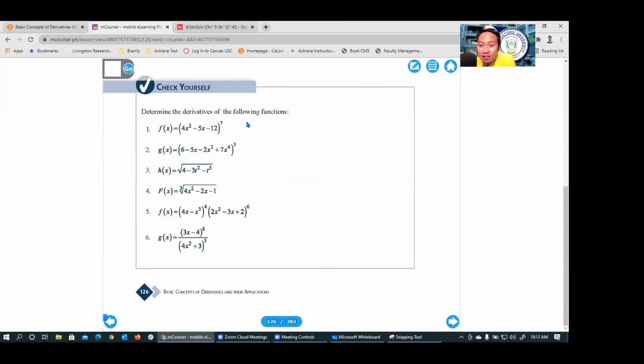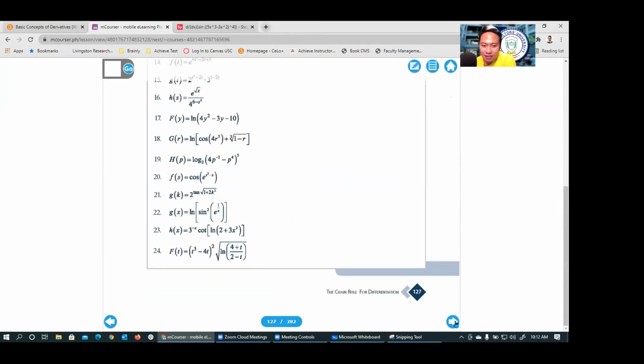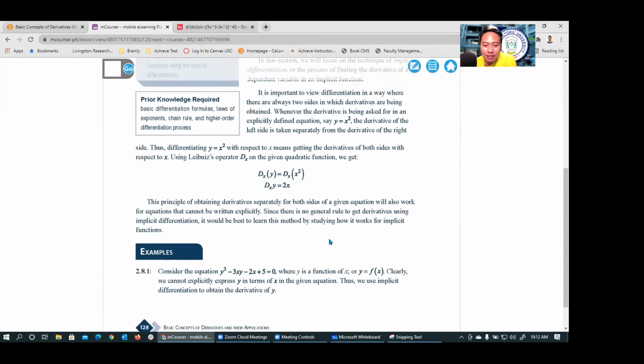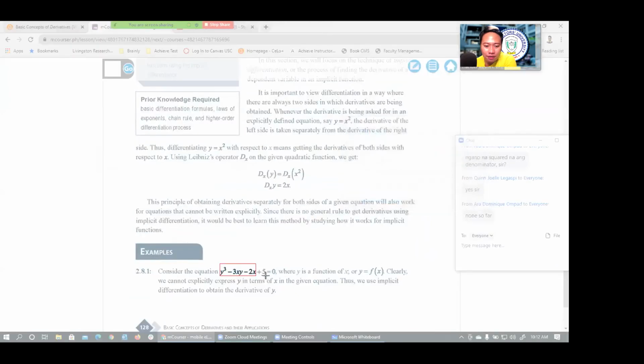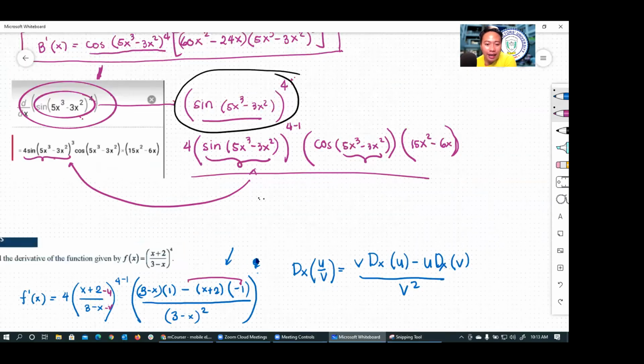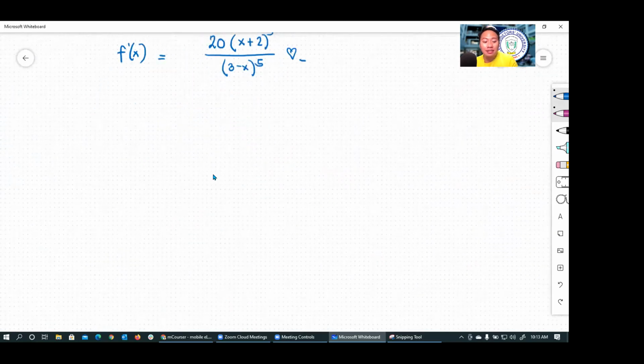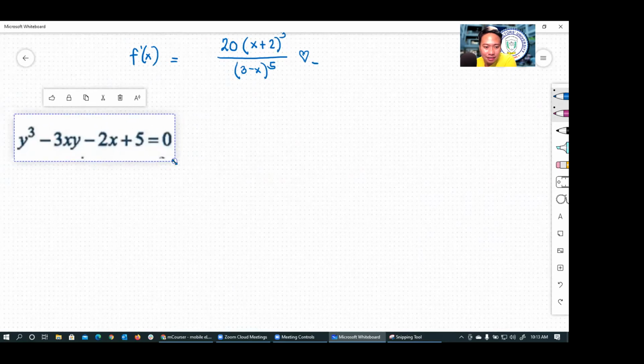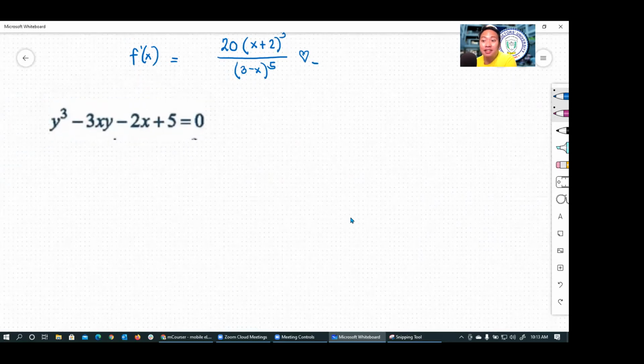So, guys, you can practice this. Okay, so let's go on to implicit derivatives. Let me take a screenshot of this item first before we proceed. I'm going to ask you guys, what's the derivative of x? Good, perfect, 1. Everyone seems to be correct. What's the derivative of y?